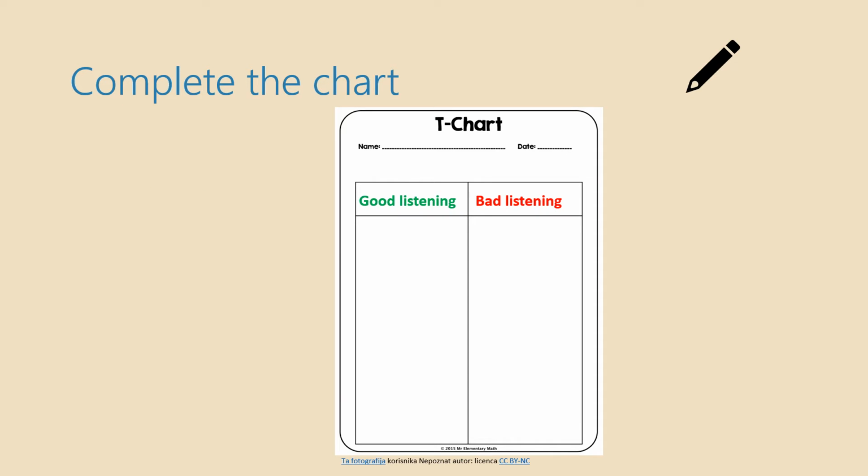So far, we have established the importance of listening in communication. For your next chart, in step 1, I would like you to draw a T-chart in your notebooks. There are 2 columns in this T-chart, good listening on the left side and bad listening on the right side. So copy the chart into your notebooks. Pause the lesson. Once you finish, come back.